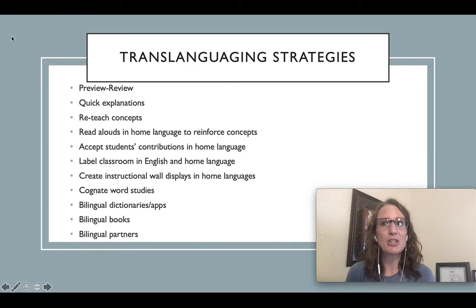So you saw Moises really trying hard with his bilingual dictionary, and we saw that sometimes that worked for him to find, for instance, the translation for a number, and sometimes that didn't work for him when he was trying to explain himself. Some of you did a really great job of saying, for instance, the teacher could have accepted his contribution in his home language and then had a partner up with him to help the rest of the class understand what he had to say. So you can see how some of these possibilities work depending upon the instructional situation, and some of them don't work so well depending upon what the teacher is trying to accomplish.